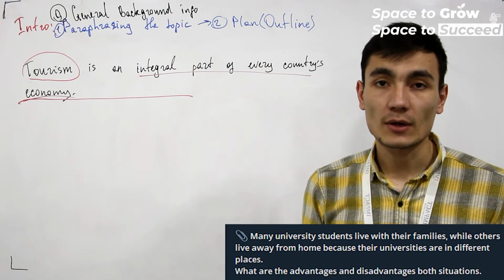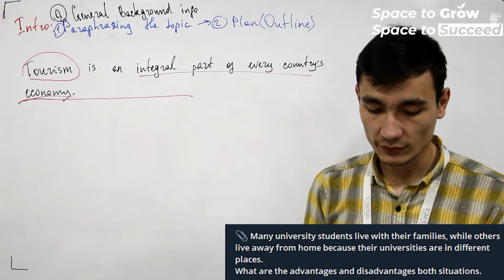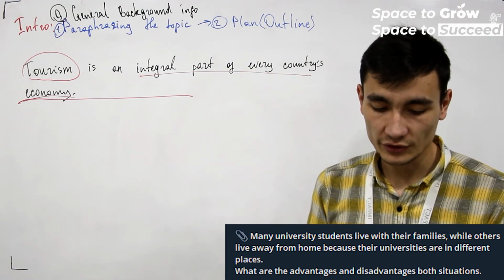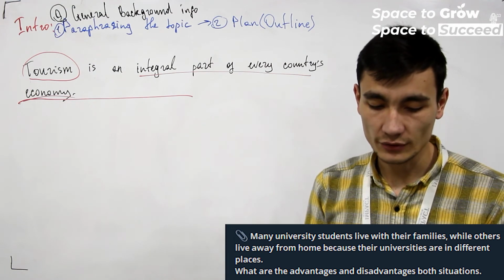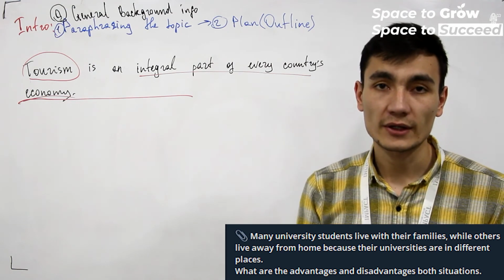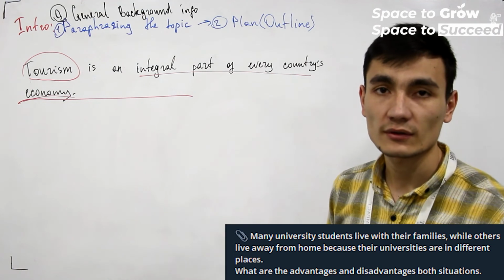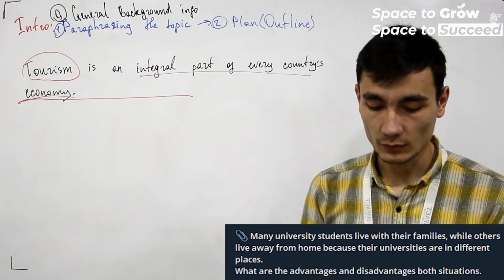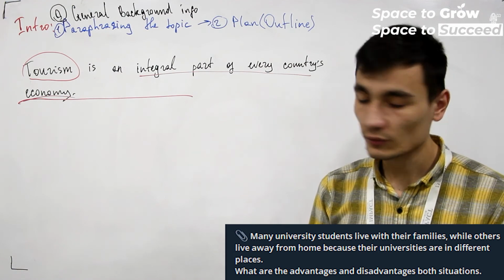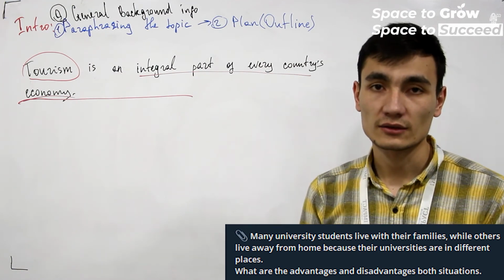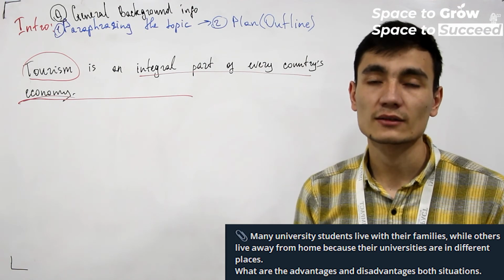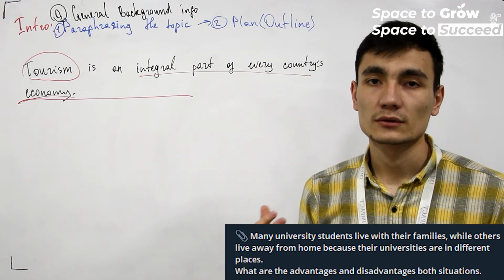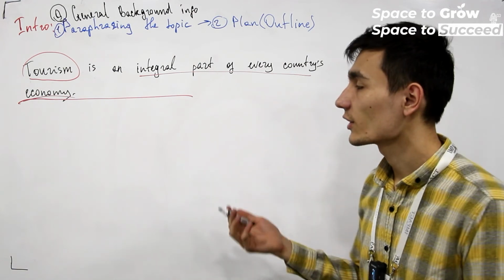And now let's look at some other examples of task 2 topics. For example, here: many university students live with their families while others live away from home because their universities are in different places. And here it's about students, it's about living, and it's about the place of accommodation. So we have to write some general sentence about this topic. And as you think about it, there's a connection between studies, students and living. So we can simply say,